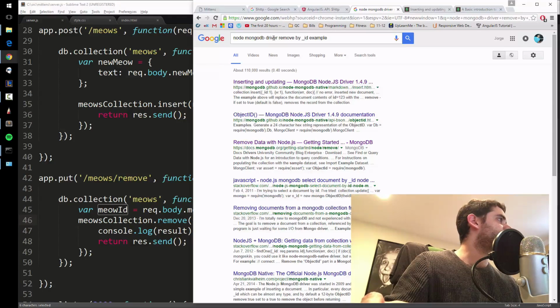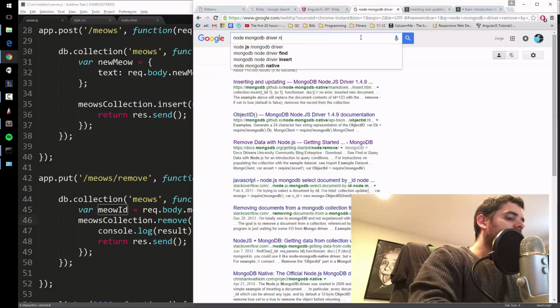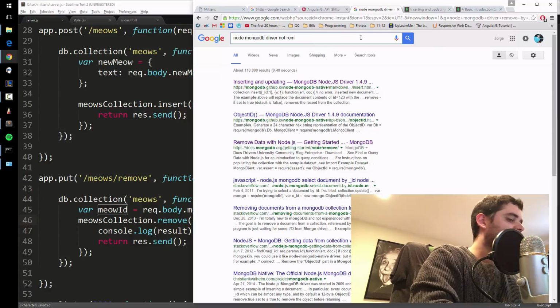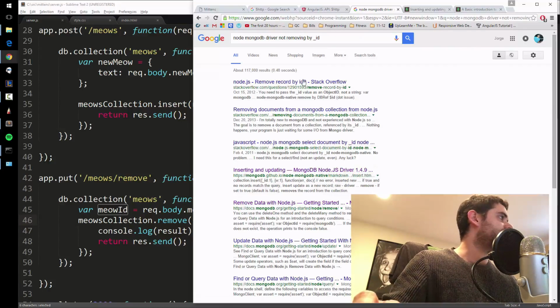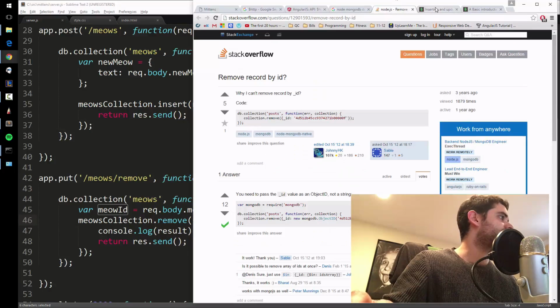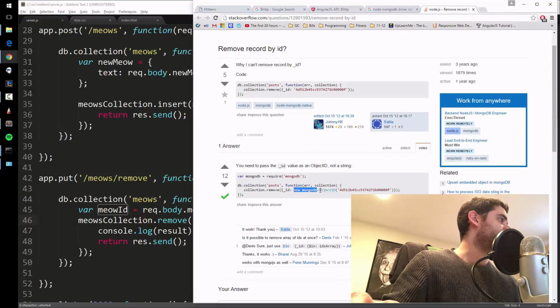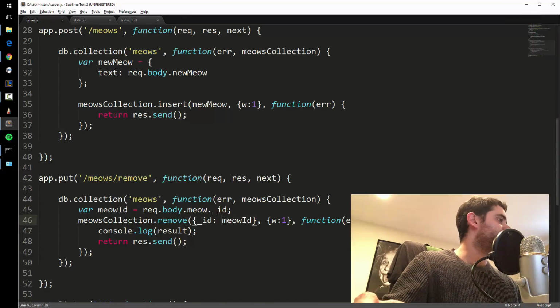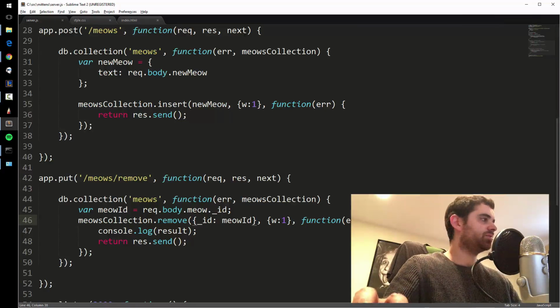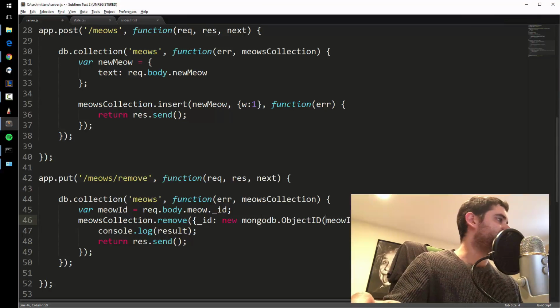Let me say node MongoDB driver not removing by ID. You can kind of just Google what's not working. Remove record by ID. It looks like someone had the same exact problem. Okay, I had a feeling this would be it. I kind of knew this in the back of my mind: if you're going to use the ID field, it's a little bit special. You have to do this